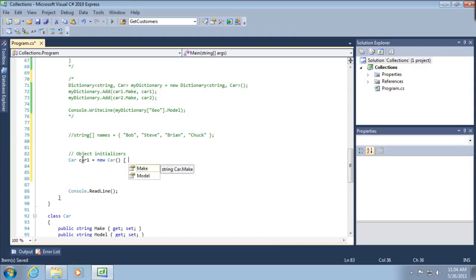Now notice when I hit the spacebar on my keyboard, it shows me all of the public properties that are available for the car type, the car class. So I can simply set make equal to Oldsmobile, model equal to Cutlass Supreme,